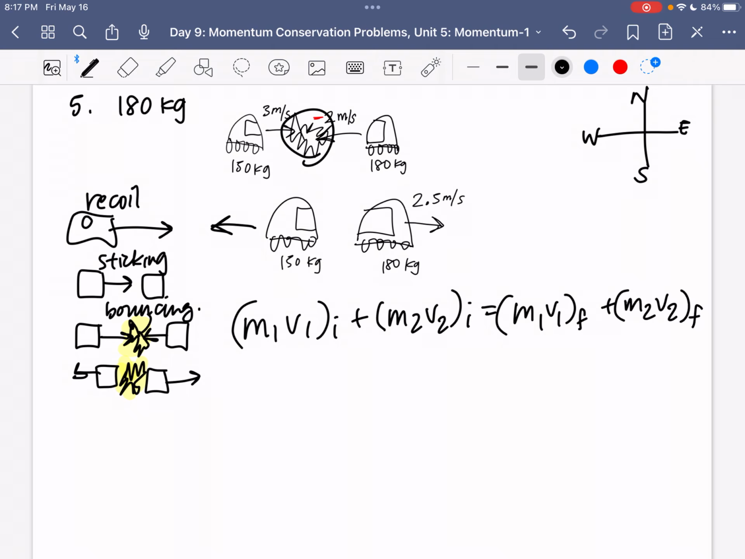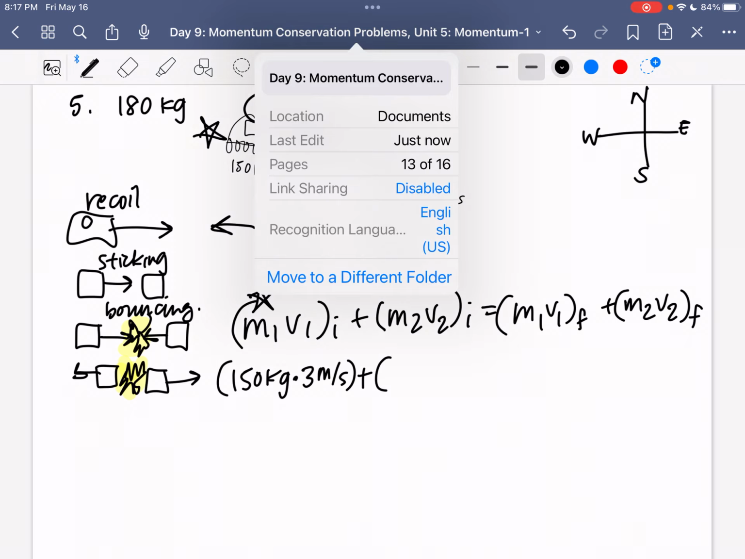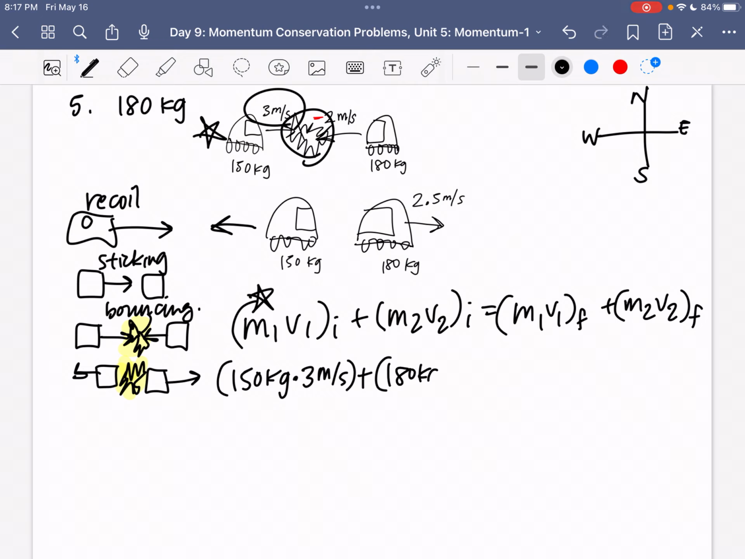So what's our first mass? I always like to think of the left one as the first one. Obviously in the text it says a 180 kilogram car, it says the 180 first, but there's no rule that says we have to do that, right? So to me it makes more sense that left is first. So 150 kilograms times the first velocity, which is 3 meters per second, plus the second mass, which is 180, times the second velocity, which is -2,